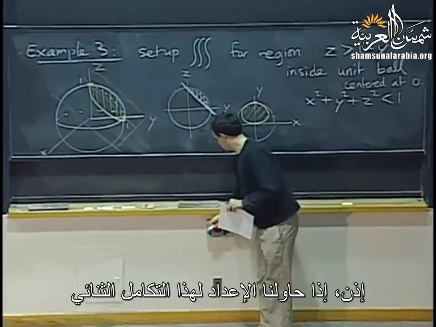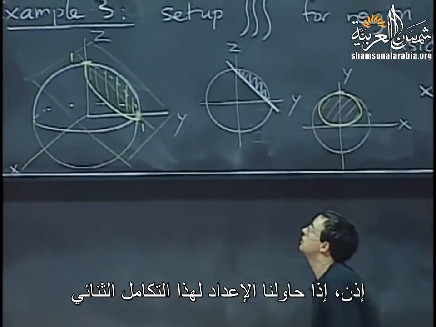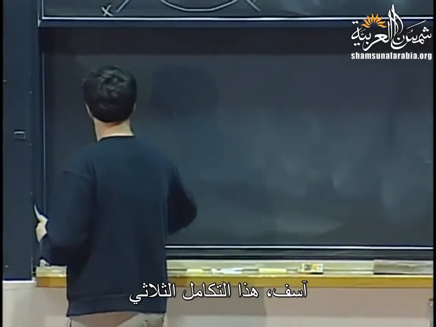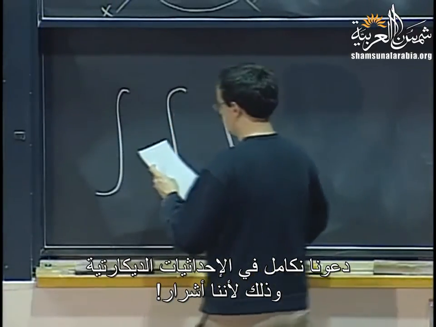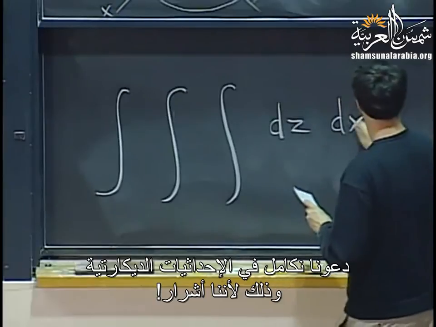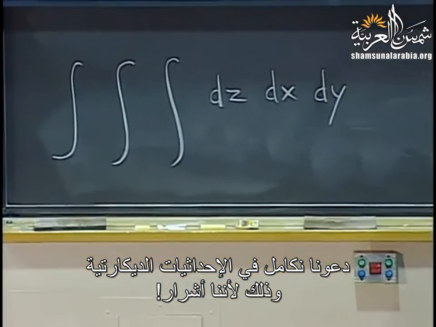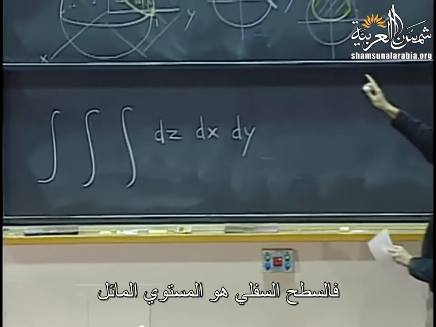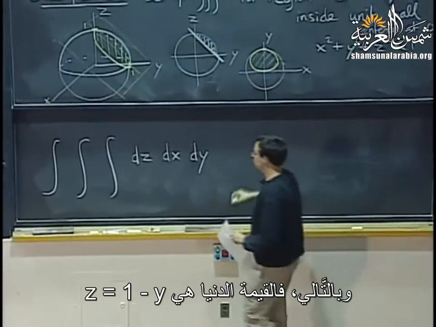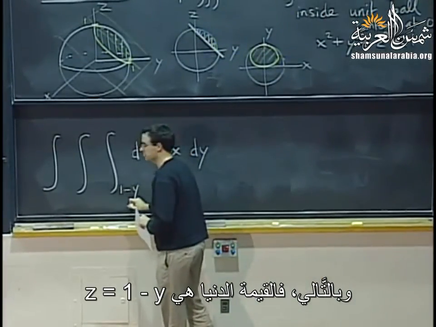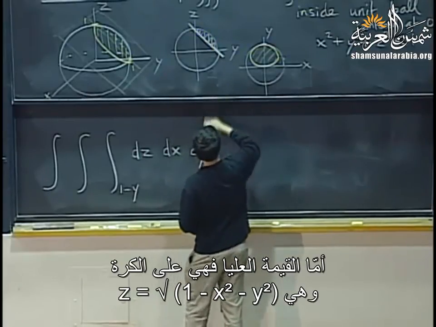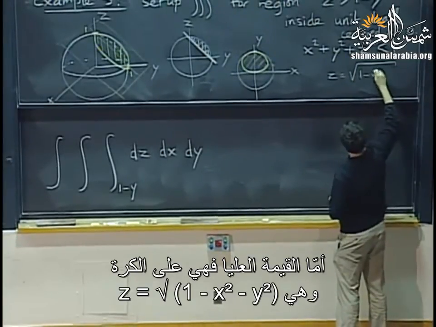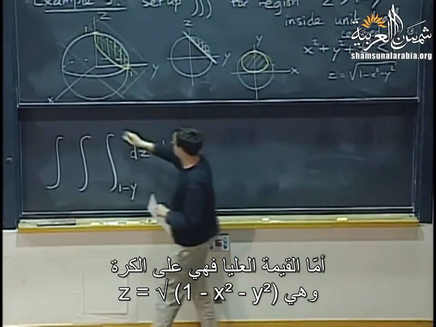Okay, so now if you want to try to set up that triple integral, let's say we do it in rectangular coordinates because we are really evil. Well, so then the bottom surface, okay, so we do it with z first. So the bottom surface is the slanted plane. So the bottom value would be z equals 1 minus y. The top value is on the sphere. So the sphere corresponds to z equals square root of 1 minus x squared minus y squared. So you'd go from the plane